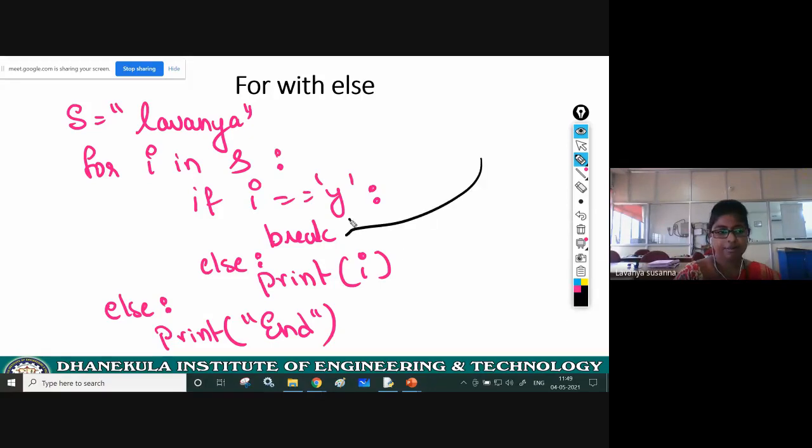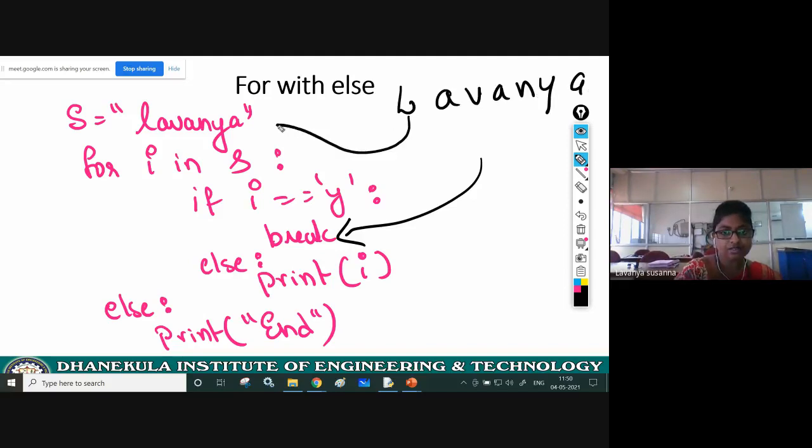See here, here I'm using the break statement. Why am I using break? When I becomes Y. Take LAVANYA. L is assigned to I. Control comes inside the for loop. I contains L, right?